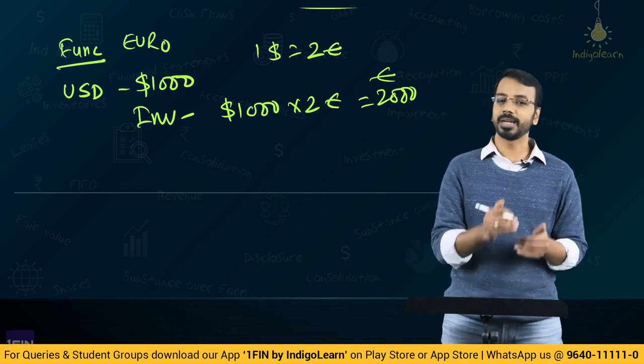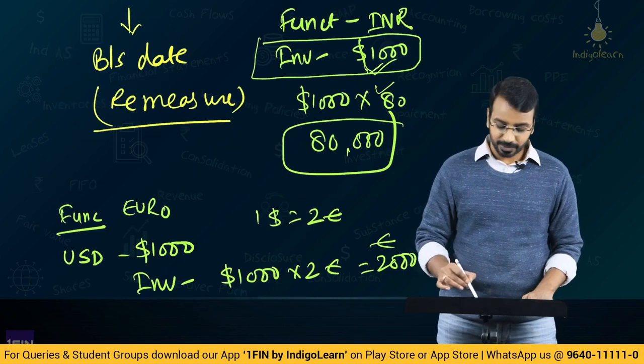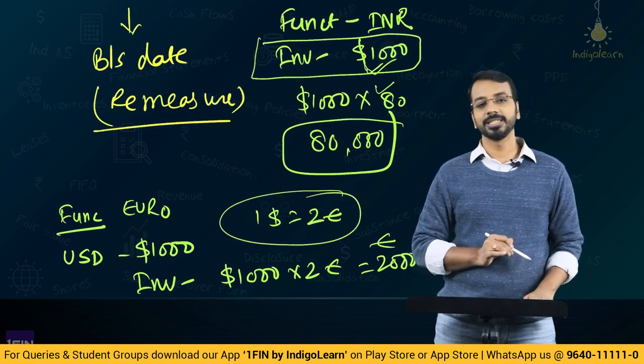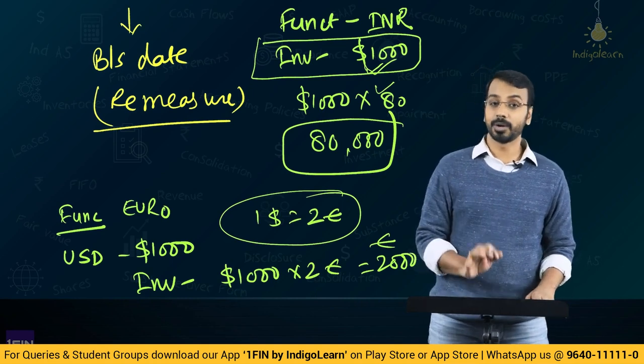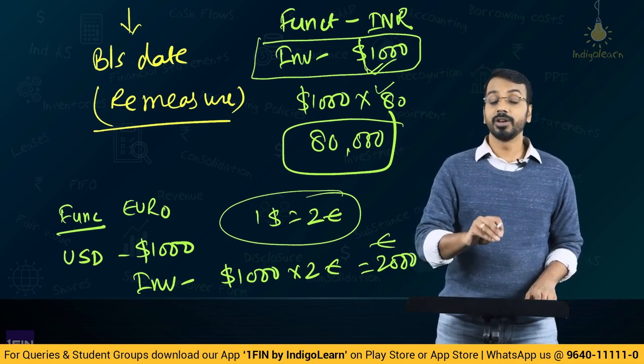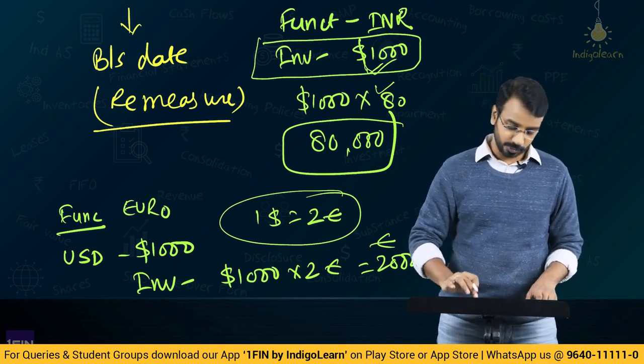anyways you will do a remeasurement at the balance sheet date. But for non-monetary items, this translated value on the date of change in functional currency will be the historical cost for non-monetary items. So, does this mean that we will not restate the monetary items to euro? I am not saying that. What I am saying is,